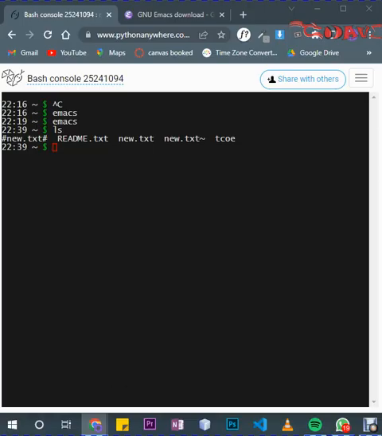Okay, I welcome you all to another tutorial where I teach you how to work with Emacs. Basically, Emacs is a text editor we use to edit text. It's a very powerful editor because we can use it as an integrated development environment for writing programs like Java, C, Python. It is one of the best Linux